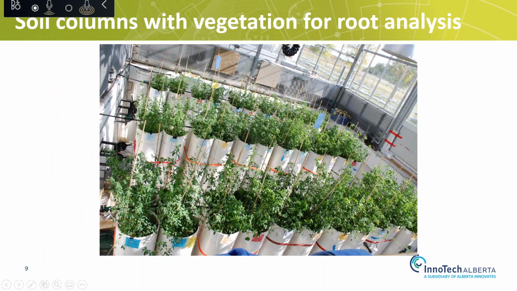So this is something that we're doing, looking at salt at different depths, and this is a meso, almost field scale, with these big columns that will eventually be sliced open, looking at salt at different depths and how plant roots, specifically vegetation prevalent in Alberta, used in the experiment, will behave when they encounter those salts. And again, the results from this experiment will go to supporting risk management planning.